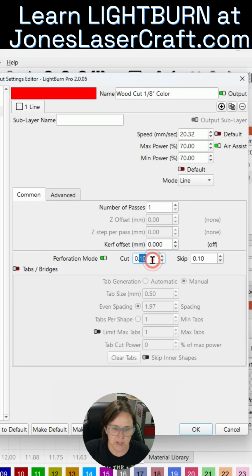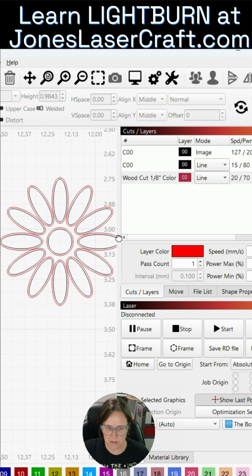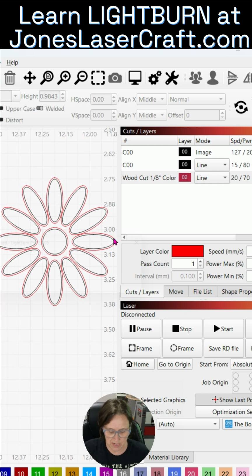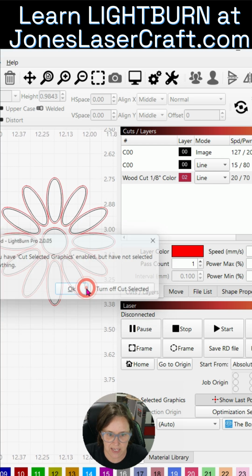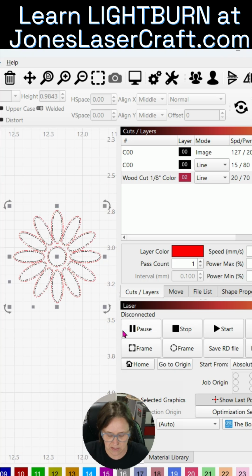Let's say it's pretty small. So yeah, 0.1 by 0.1. I can take a look at that. I'm going to hit OK. I'm going to come back over to my little flower. I'm going to hit Alt-P just so I can look at it in preview mode, which means I need to select Alt-P,